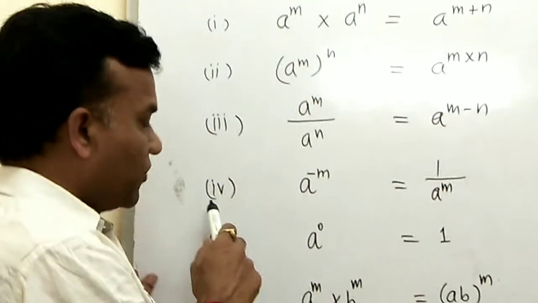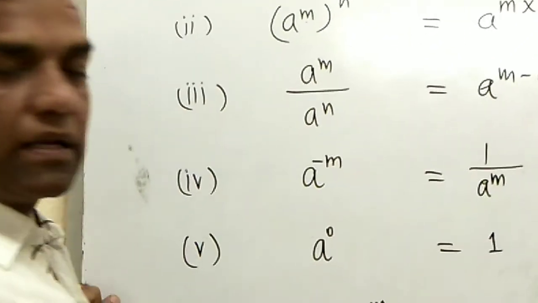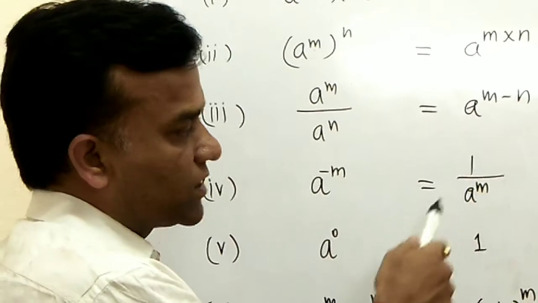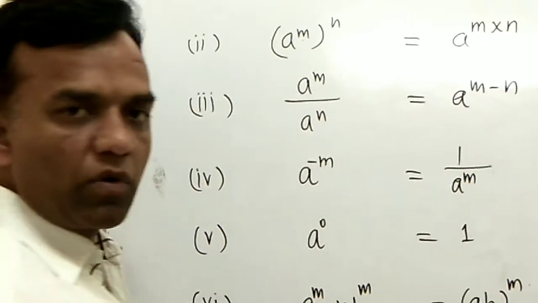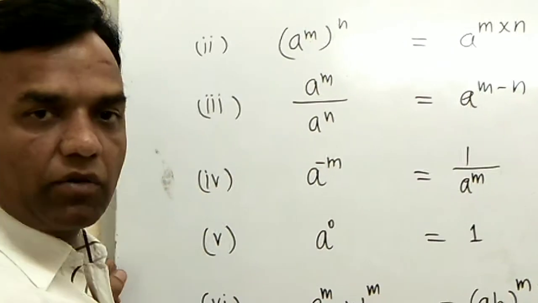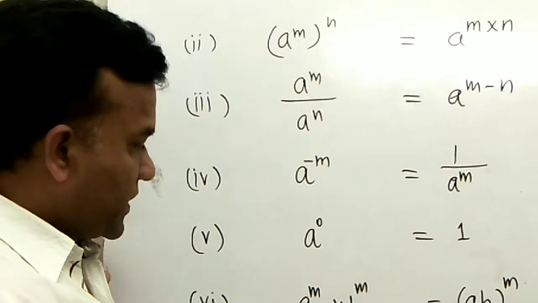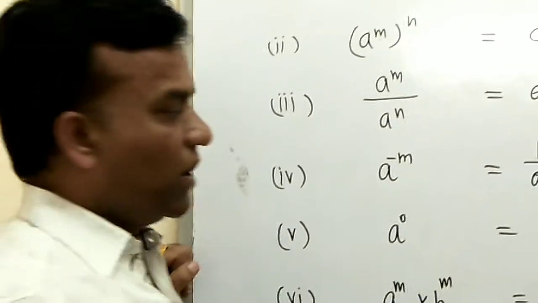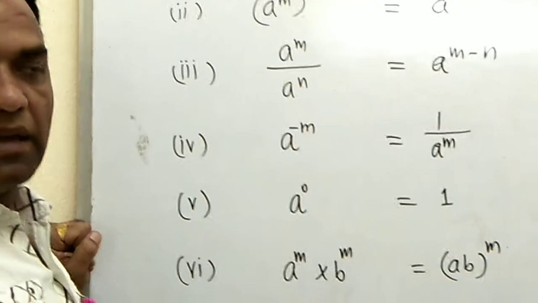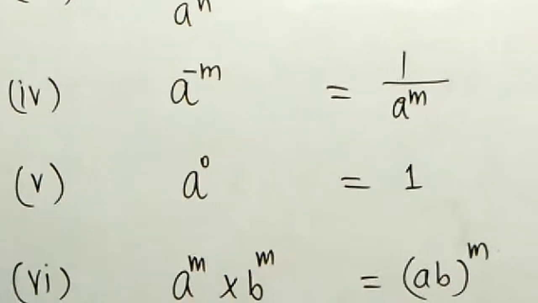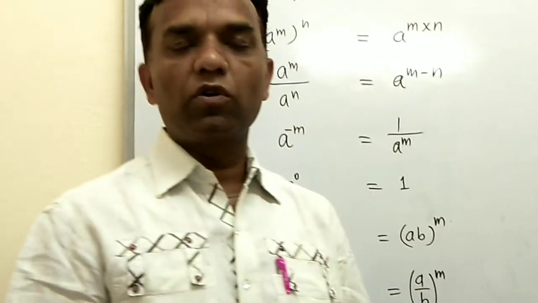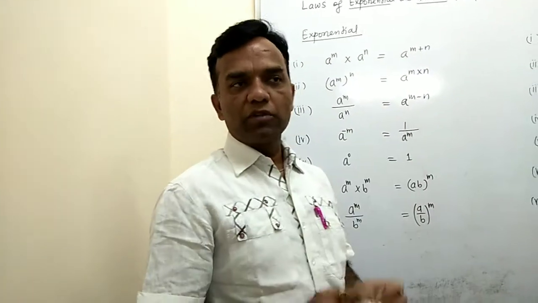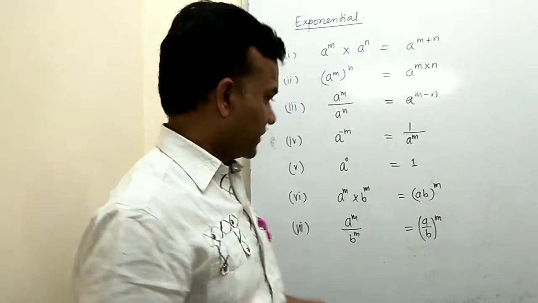And then the fourth law is a to the power minus n. If any negative exponent is given, how do you convert it to positive? Only by taking the reciprocal of that number, which converts it into a positive exponent. And then fifth, any real number having power 0, you always write 1. It means if you have 1 lakh to the power 0 or 1 crore to the power 0, or any number whose power is 0, then directly the answer is 1.